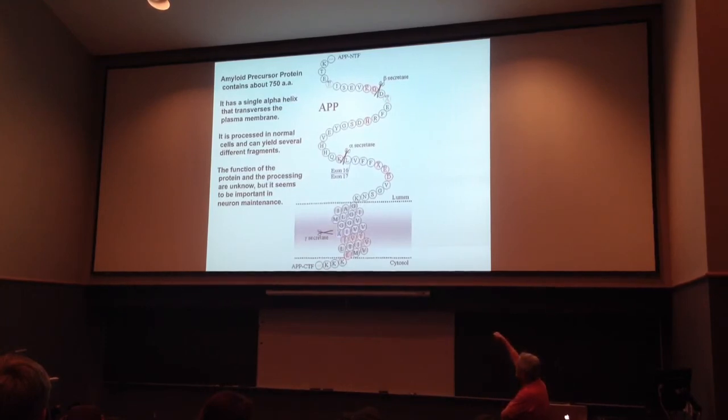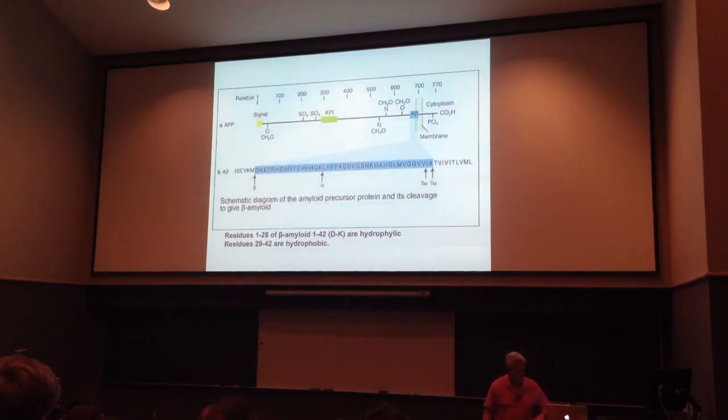Some people think that this part that's secreted from cells when it's cleaved here can actually bind to receptors on other cells. There's a receptor for it, and that maybe has something to do with the maintenance. But bottom line is no one knows exactly what any of these do, and all of this is still in the testing stage. This is a diagram that just shows you the same thing. This is the same protein here. Here's the A beta portion. Remember that beta amyloid peptide is about 40 to 40